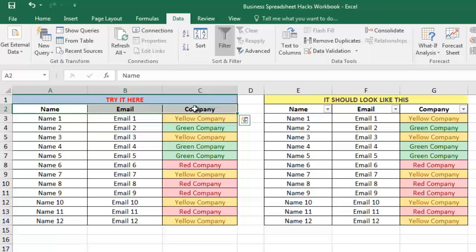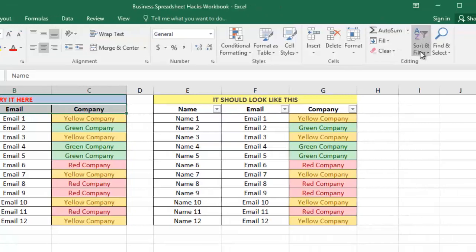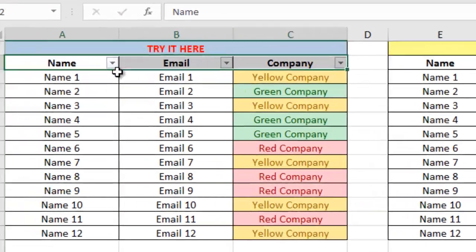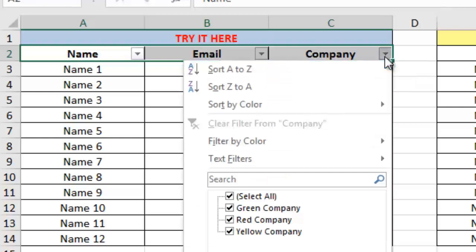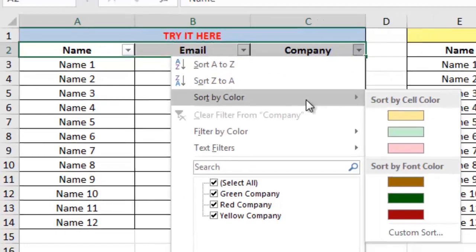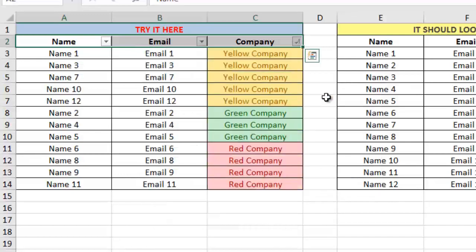Now, when you do that, the next thing you want to do is you want to make sure that you are in the Home tab. All the way where it says Sort and Filter, we want to select Filter. Now, by doing that, you can see these arrows here, right? Now, if I click on the arrow, I can sort by color. Now, by sorting by color, I'm filtering it out. So as you can see, now, while that allows me to sort it,